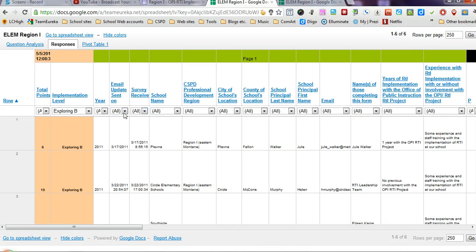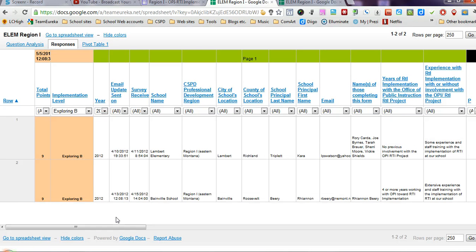I could sort by any other piece of data in here. Maybe I wanted to say exploring B, but just the schools for 2012. It would show me exploring B for 2012. So any way that you might want to look at the data, I think I've set it up so that it's possible for you to filter the data in that way. As far as the filtering, it's probably most useful in this responses view. The question analysis view, probably not so